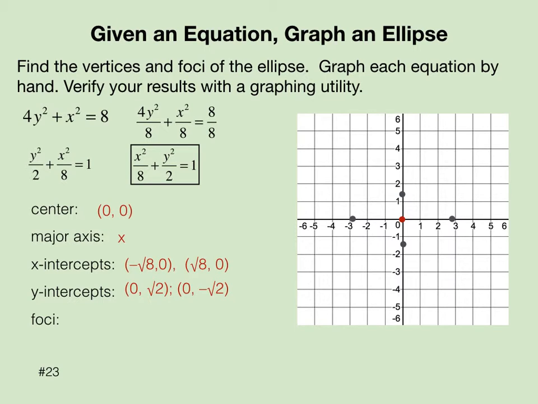The foci are going to lie along the x-axis. How we find that is we use c squared equals a squared minus b squared. So c squared equals 6, therefore c equals the square root of 6. Again, it's going to be to the left of the origin and to the right of the origin, the square root of 6 units. Now I can graph by connecting my vertices